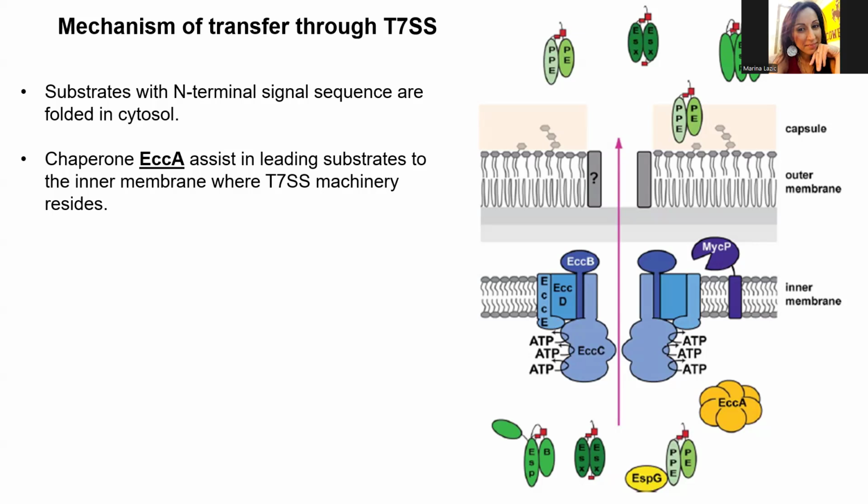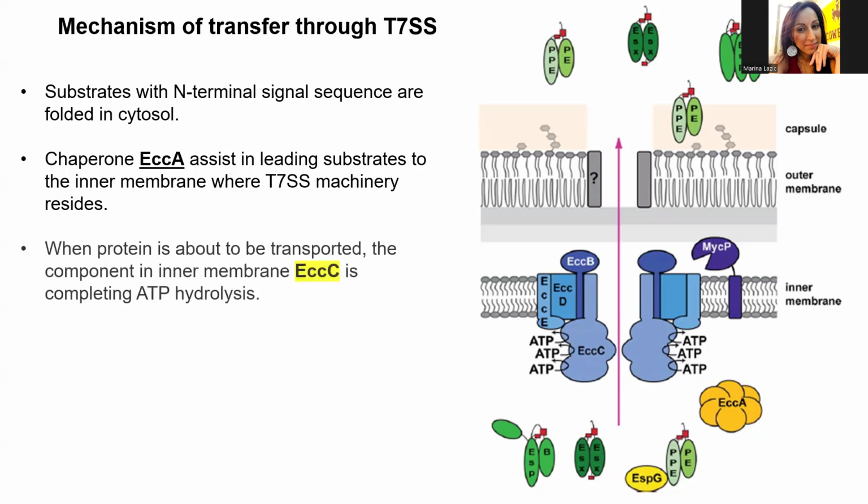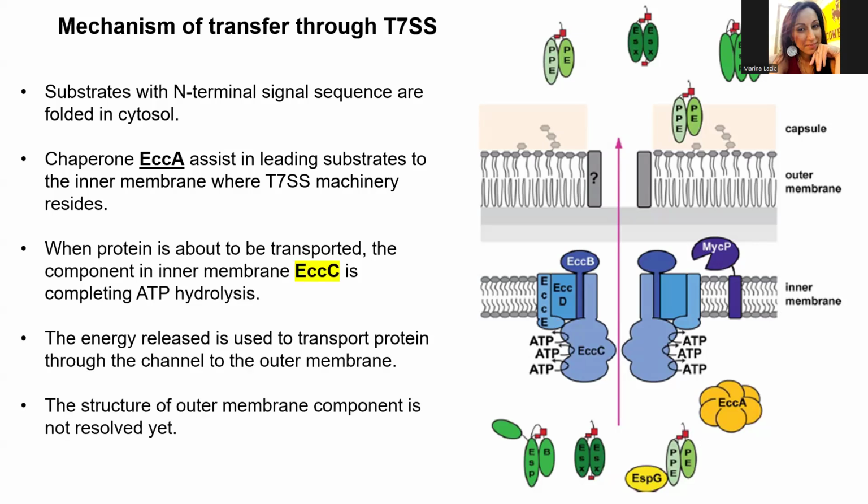When the protein that you are exporting, which is usually some pathogenic protein, is about to be transported, ECC, which is here, is completing hydrolysis. So ECC is an ATP hydrolase analog to the ABC transporter. It has hydrolytic activity, and it is associated with the inner membrane. That energy from ATP release is what is driving a protein through the pore. The outer membrane component, I shouldn't even call it outer membrane really, because it's more like that hydrophobic part